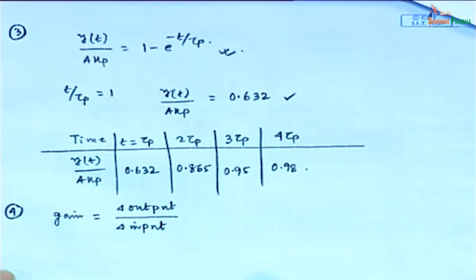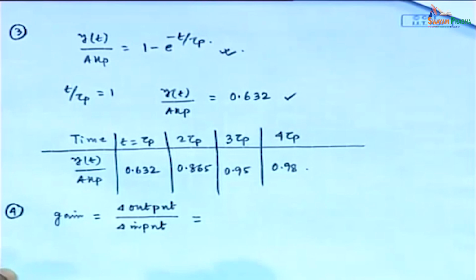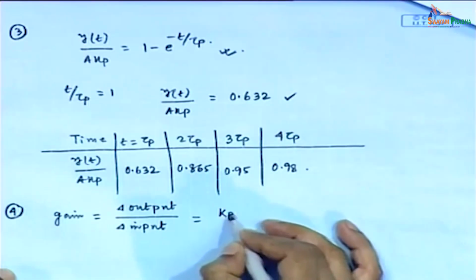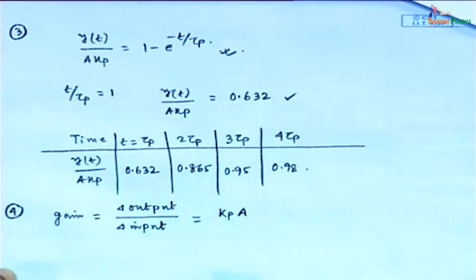Recall this correlation which we discussed earlier. Gain equals change in output divided by change in input. So, for this system, what is the change in output? What is the change in y? That is Kp multiplied by A,